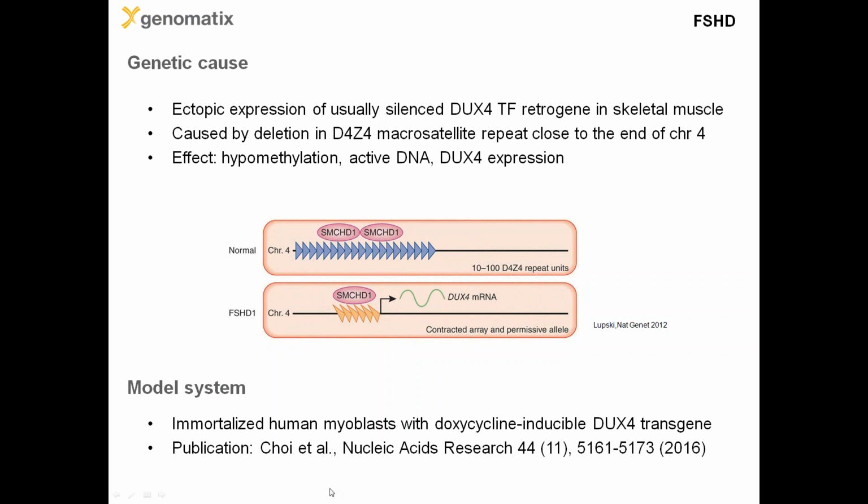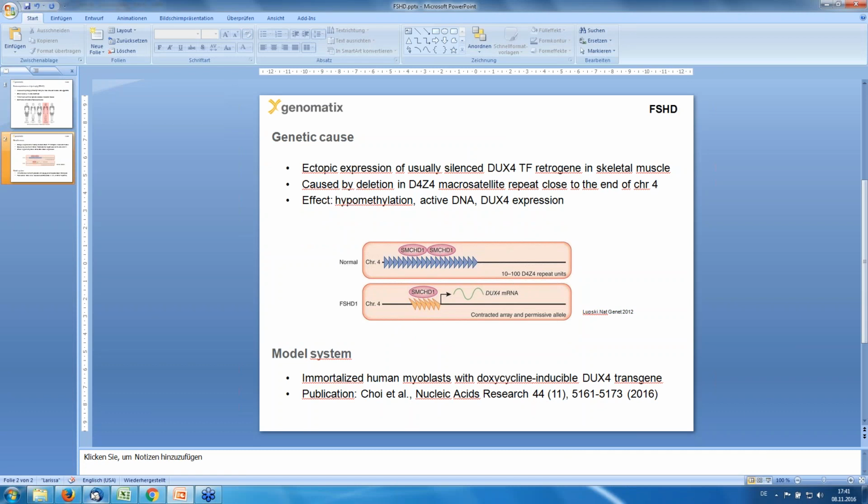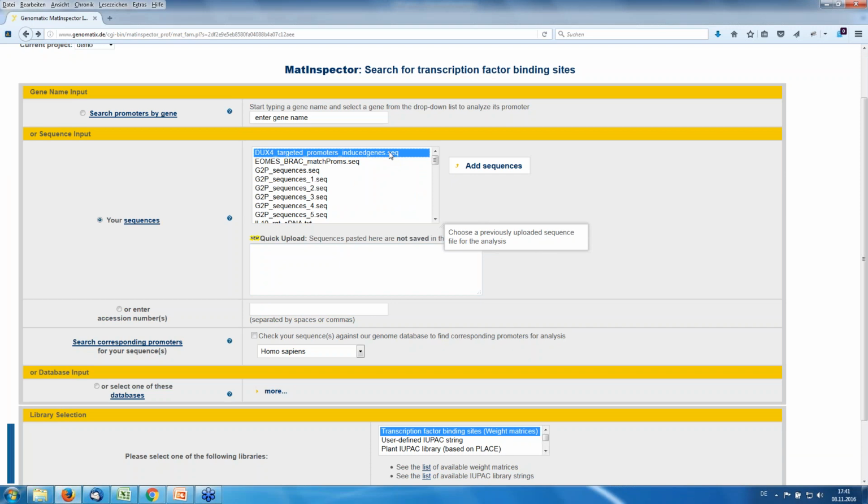And the data that I used here was from this publication in 2016, which used a model system, namely immortalized human myoblasts with an inducible DUX4 transgene. And what we are looking at here, if we look at the promoters, which are all in all 44 sequences, these are the promoters of those genes that were both upregulated in this model system by DUX4, and also where it was found that DUX4 actually binds the promoters using ChIP sequencing data. So the expression data were generated using RNA sequencing data. So here we have the direct targets of this DUX4 gene,